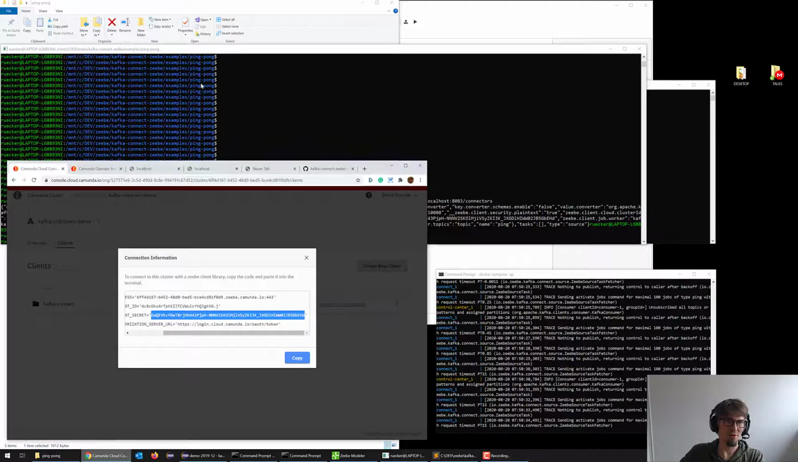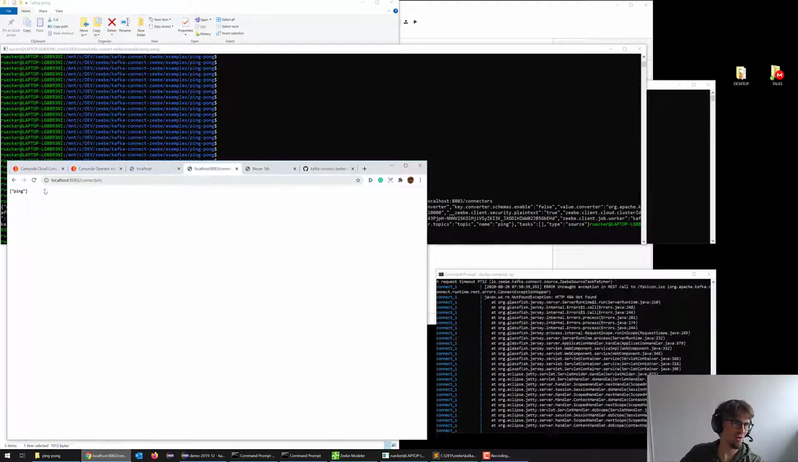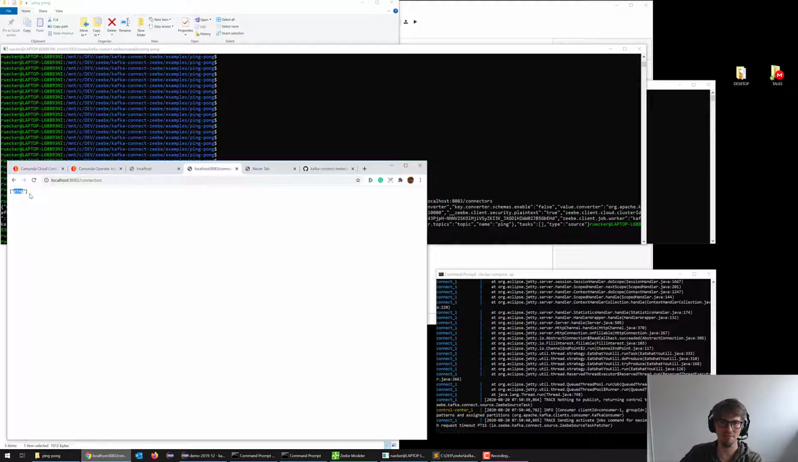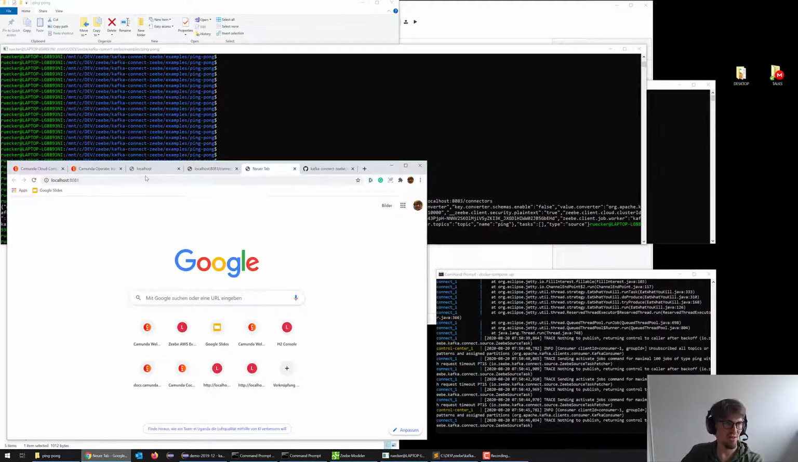I can probably verify that by going to my localhost 83 connectors. So I see the ping connector now. That's my ping source connector I just created. You can also see that in the